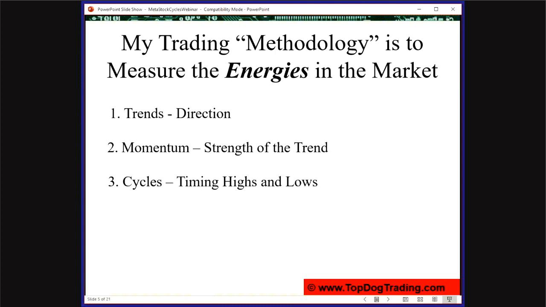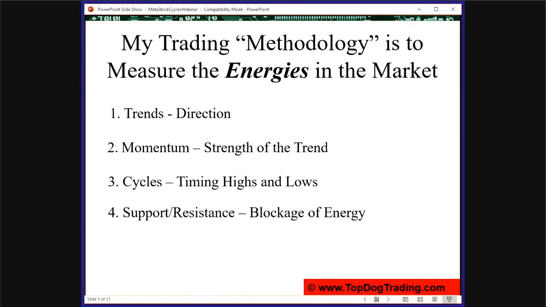Everybody and their parakeet talks about price action, support and resistance levels. Those are all part of the price axis. And that's great. You got to have that. But that's only 50% of the two-dimensional object we call a chart. If you think about it, how can you have a statistical probability when you're only using half of the chart? You can't. So timing, having a timing tool is absolutely critical, and that's where cycles come in, timing highs and lows. We'll show you that in a minute.